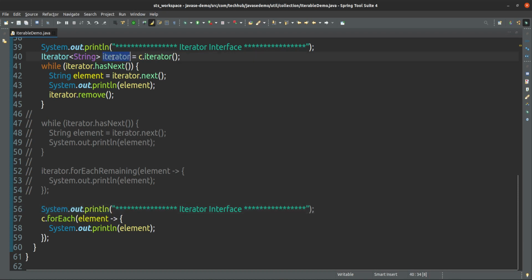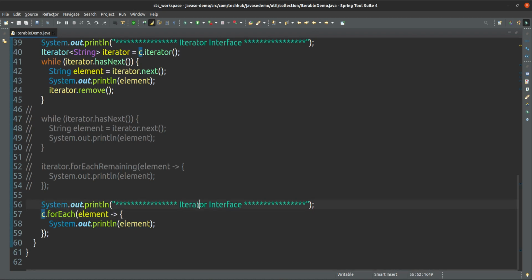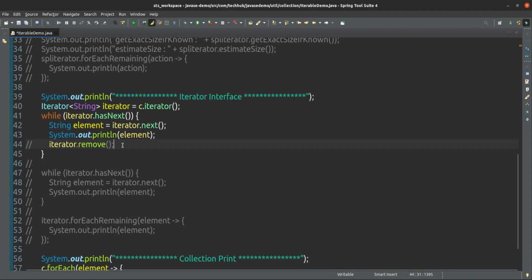This iterator we have taken from this list collection only, and this collection is empty, because yes, it is not printing. If I do not remove, it will print.